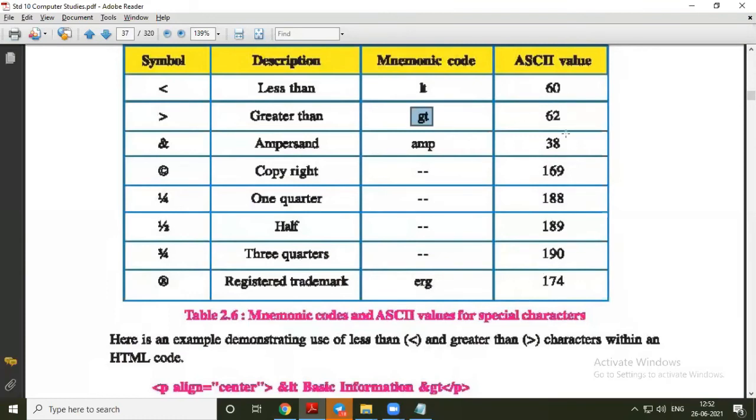For example, capital A is 65. So when you press capital A on your keyboard, the ASCII value is read as 65. The computer gets the signal of 65 in binary form. That binary conversion is done internally inside the computer, and the computer reads each character in that manner. In the same way, ASCII values are there here.